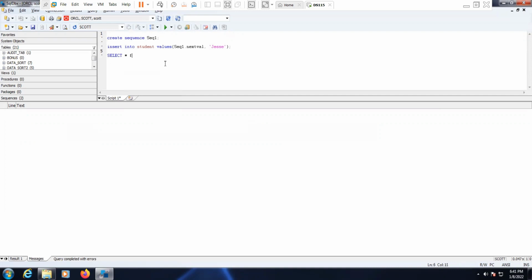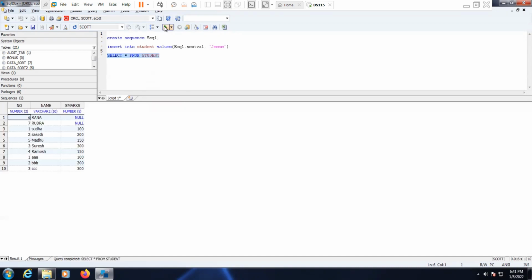Select star from. So this is a storage issue. What we can do is correct it here itself. Here the number is 2, so we can alter and increase the number.